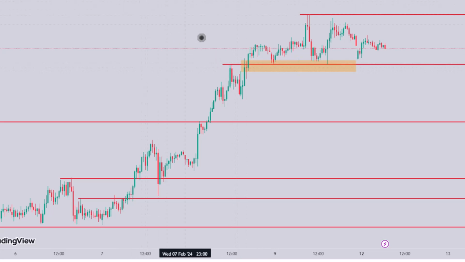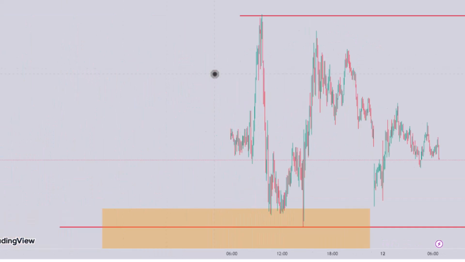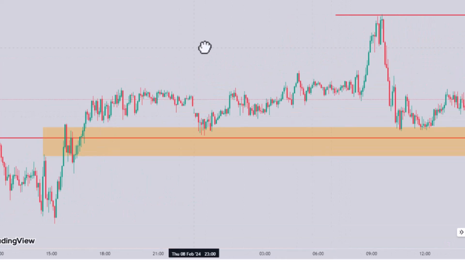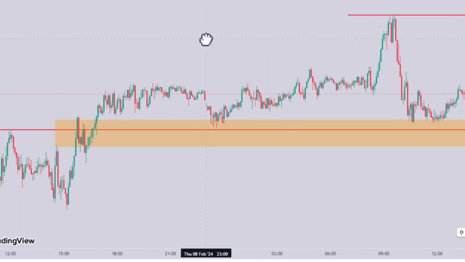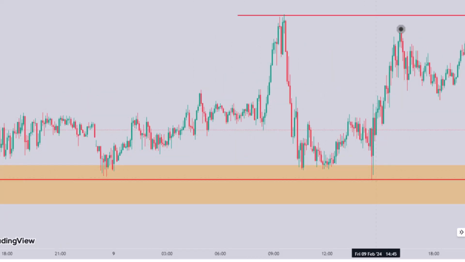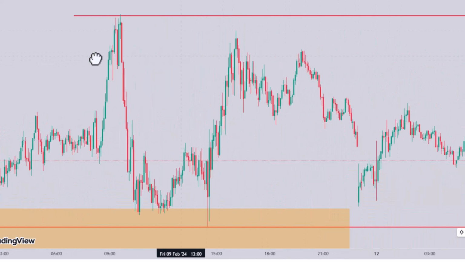In order for you to look for any buy opportunities, you zoom into the 5-minute time frame. On the 5-minute time frame, you want to see a break and retest of that level in order to take any buy position. Take a look at this level. As price approaches our level of resistance, it broke to the upside, and upon coming back to retest, that would be a very good buying opportunity. You see, it came again, retested for the second time and shot all the way to the moon.